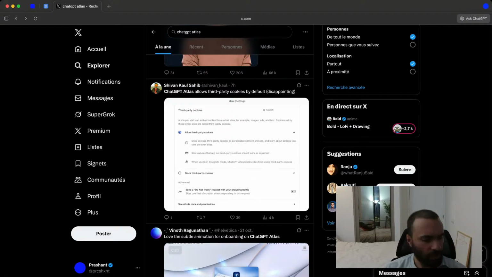Another thing that is very interesting is, actually, this is a good idea, high velocity feedback loop.